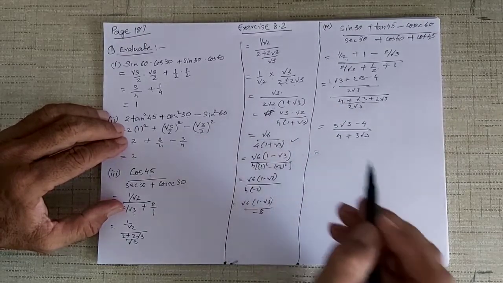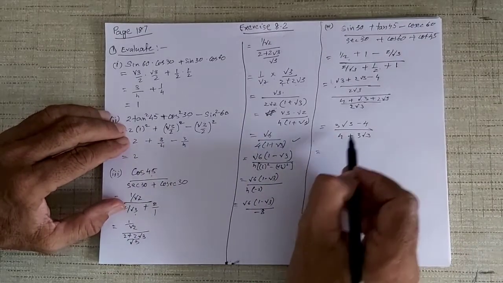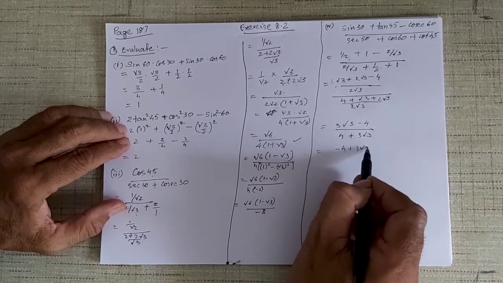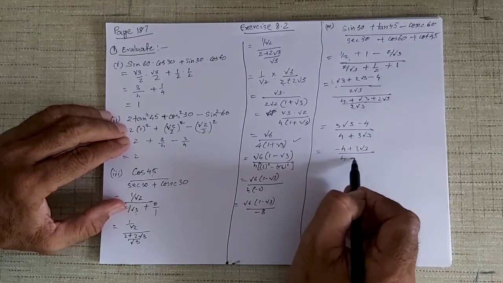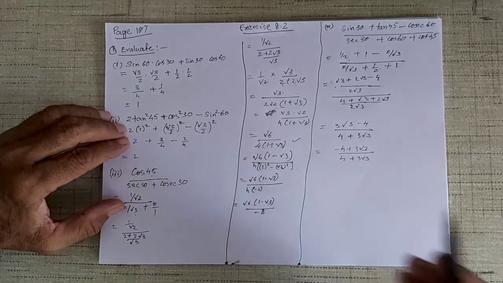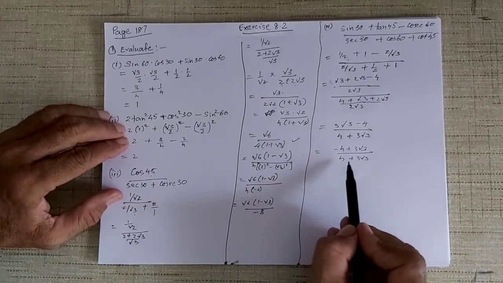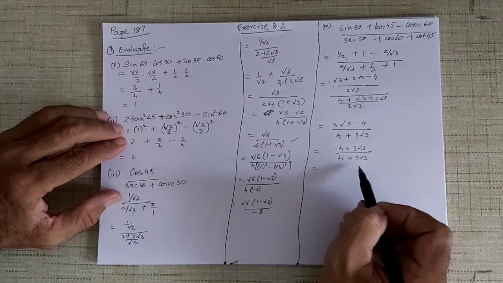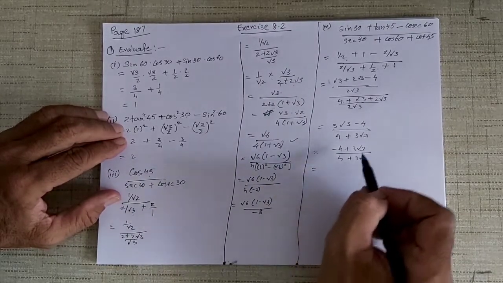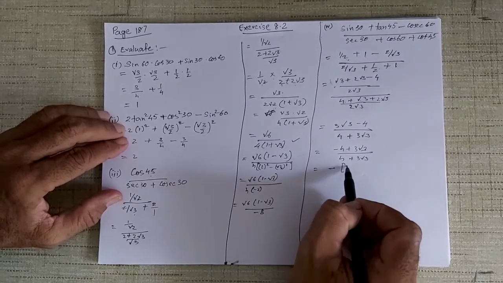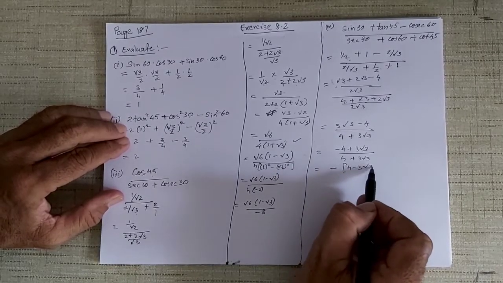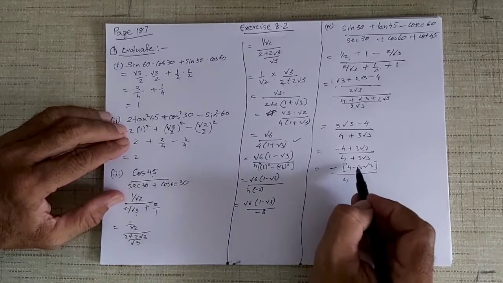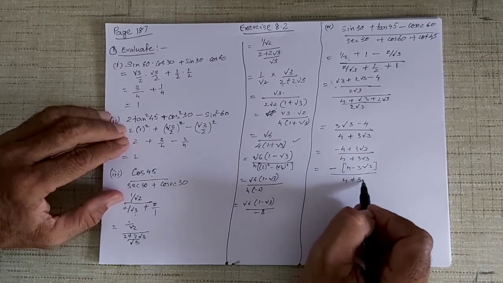Now if I want to simplify this further, it's very easy. See, if I put minus 4 plus 3 root 3, I'm just writing one more step. See, 4 plus 3 root 3. Okay, minus 4 plus 3 root 3, 4 minus 3 root 3. I can keep it like this, or if I just put a minus sign out here, minus sign and into bracket 4 minus 3 root 3 and 4, okay, or 4 plus 3 root 3, this way.